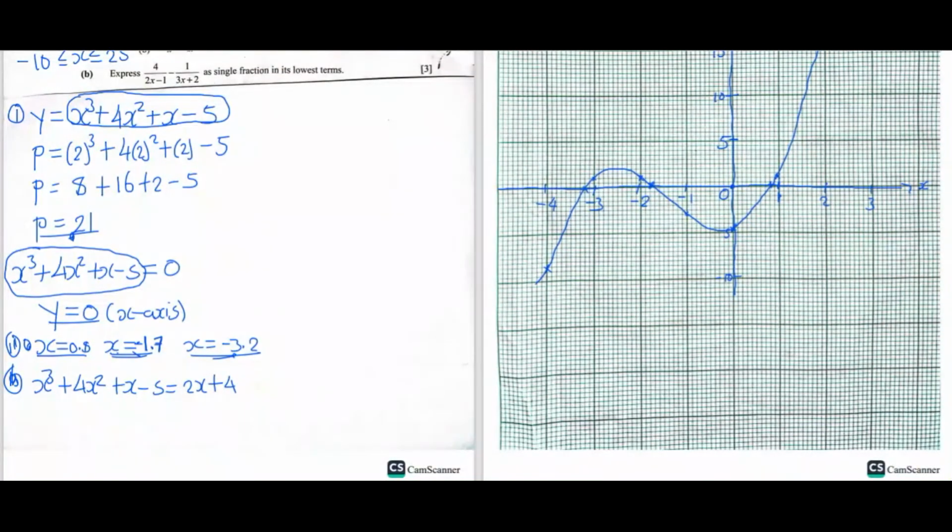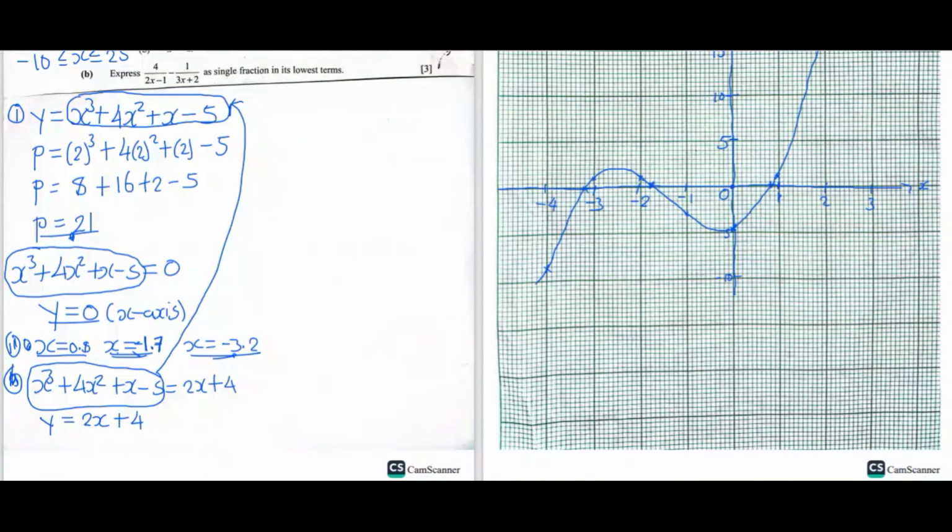Now here we can first begin by, we need to look at this expression. So we know that this expression is equal to this original expression. So we can now put y is equal to whatever that remains. So y is equal to 2x plus 4. Now we can see that we have a linear equation. So if you have a linear equation, you can make the table values, but the easiest way is, let's just